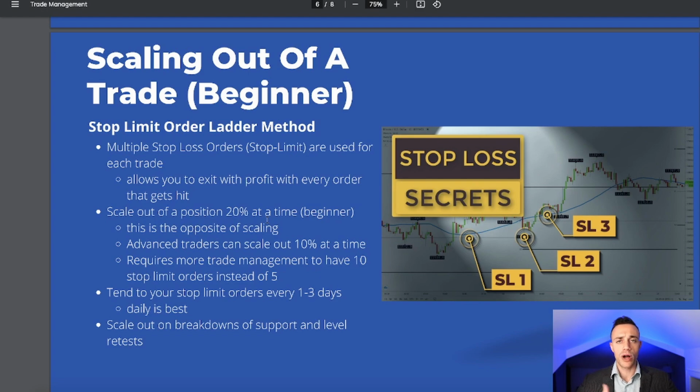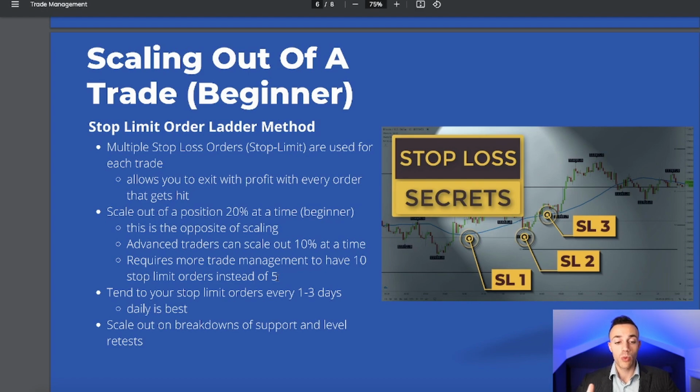And you're going to see how well this method does work when you try it out on your own. All right, so you tend to your stop limit orders really every day. You should be resetting your stop limit ladder every single day. But you can do 1 to 3 days, because let's say that the market just goes sideways for 2 days straight, so you don't have to adjust your ladders. That's fine. All right, on the 3rd day, just adjust it, because I guarantee you the market will move in